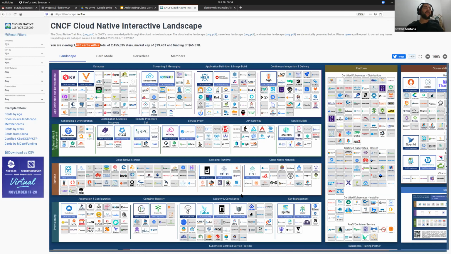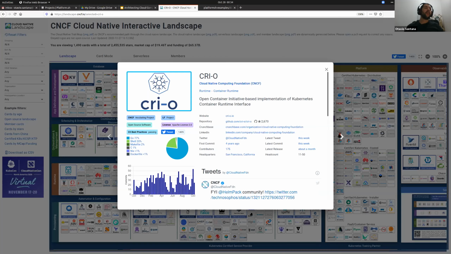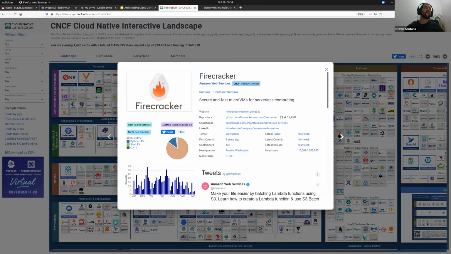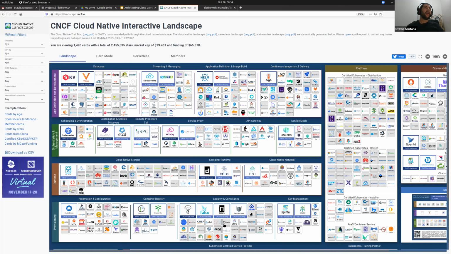Why do I usually show containers first? Because when I mention containers, you need to think that container is much more than Docker. And cloud native right now is much more than Kubernetes, right? Both are amazing tools that make our life easier.